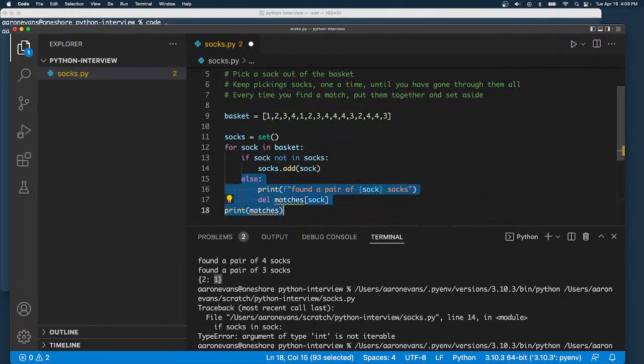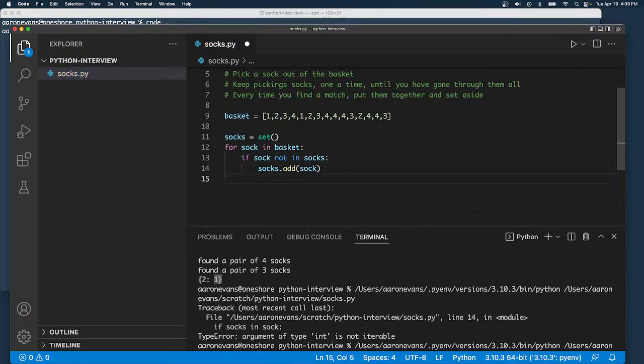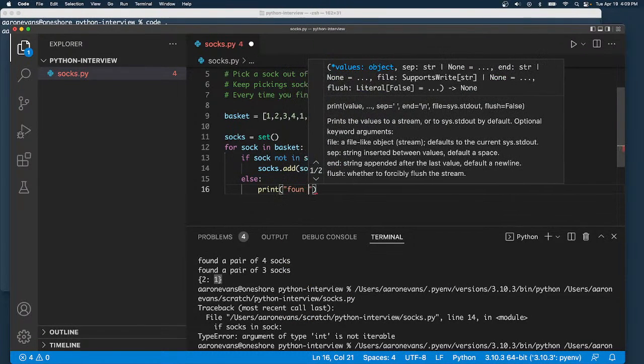And then, it's taking me longer to get to this than it did once I realized I had a set. Else, right? So I'm saying the same thing I was doing before. If the key is not in the dictionary, create the key and add one to the dictionary. So then the next thing I do is I print found match